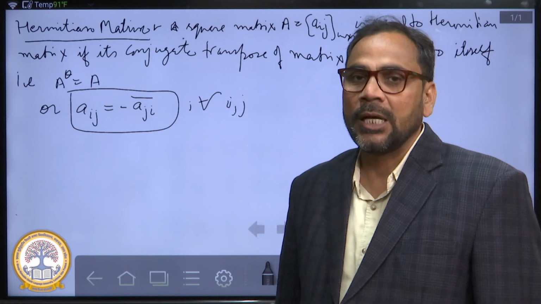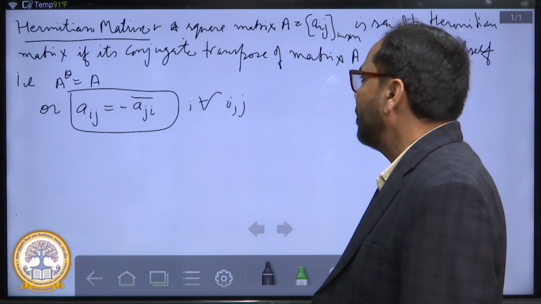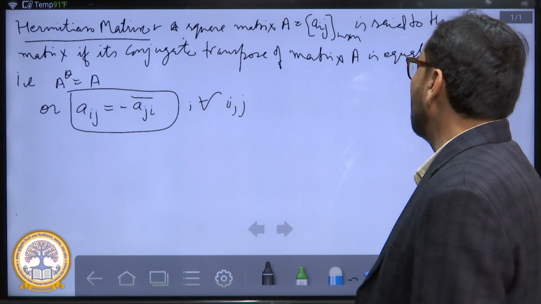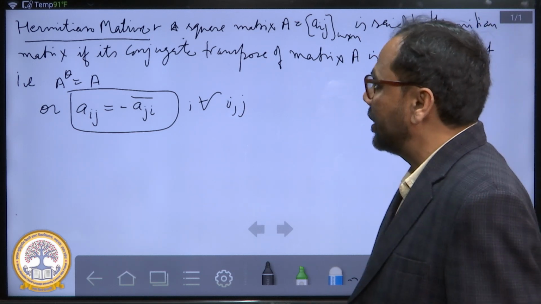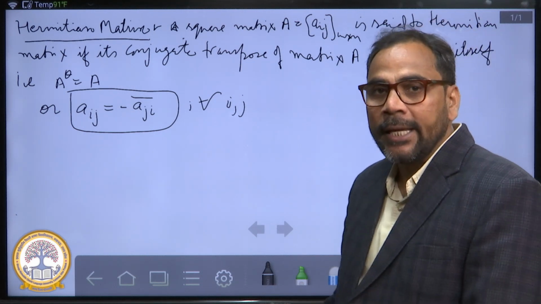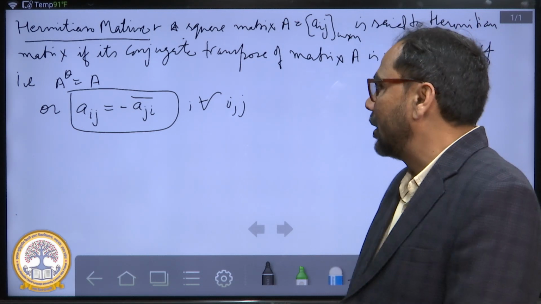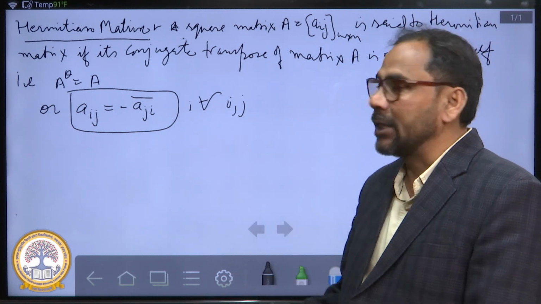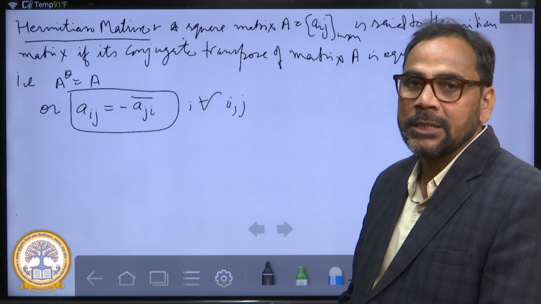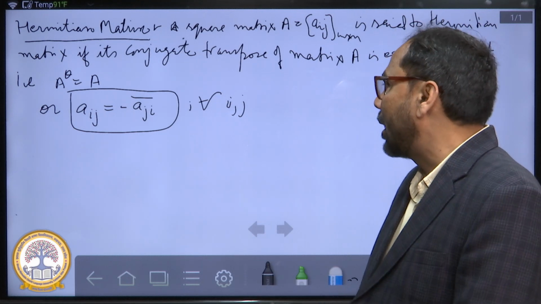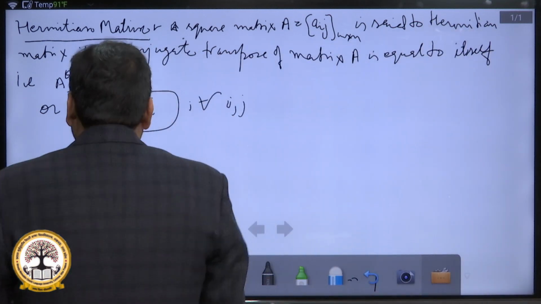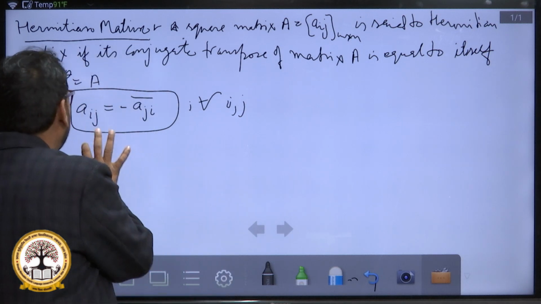The next definition is Hermitian matrix. A square matrix A equal to [Aij] m cross n is said to be Hermitian matrix if the conjugate of its transpose of matrix A is equal to itself. That is, A to the power theta is equal to A, or Aij is equal to Aji bar for all values of i, j. And the diagonal elements...